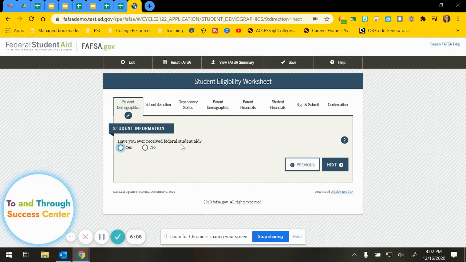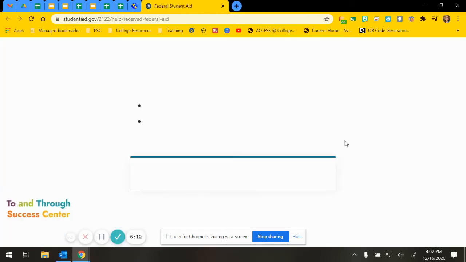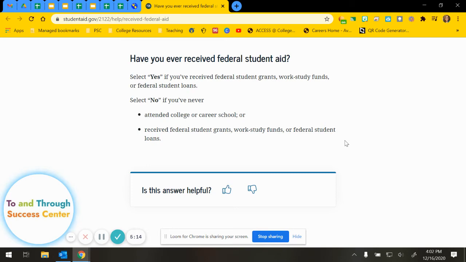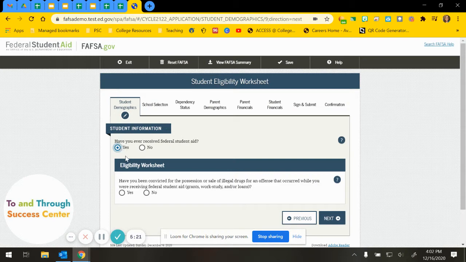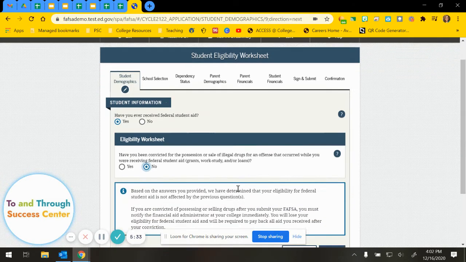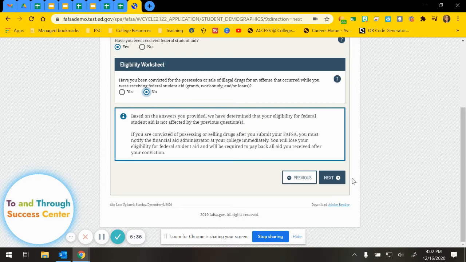Have you ever received federal student aid? So last year, if you received any student loans, grants, anything like that, any work-study funds, then you are going to answer yes. If you choose yes, it will ask if you've been convicted for the possession or sale of illegal drugs for an offense that occurred while you were receiving the federal student aid, where Harvey said no. And it just says that you qualify